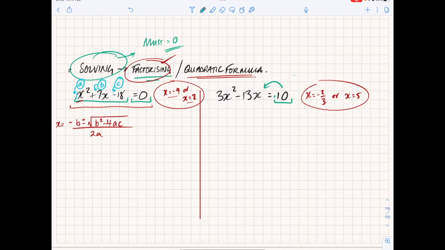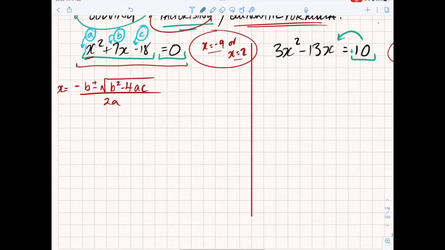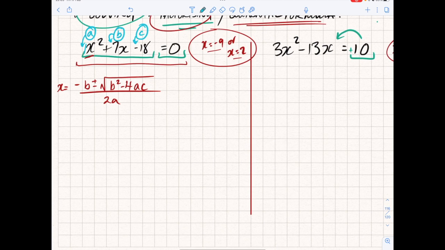So then once you've labelled your equation correctly, it's a case of just substituting all of that into this formula. So let's go back to the formula. If we look here, it says minus b, and I'm telling you that a is 1, b is +7, and c is -18. So actually, it's worth making sure you write if they're positive or negative. So minus b, which means 7. So it's -7 is what I should be writing as the first part of my equation,